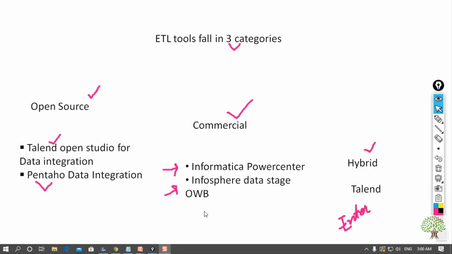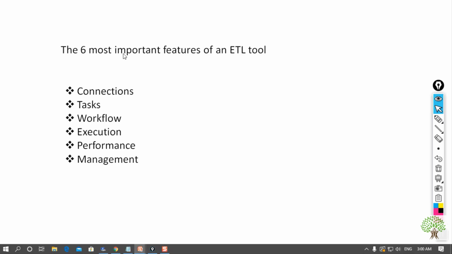As we can see, there is a list of ETL tools, but before we select a particular ETL tool for integration, we must know the requirements of an ETL tool, which could be covered within a single platform. The first feature is connections. The most important feature of an ETL tool is the connection.